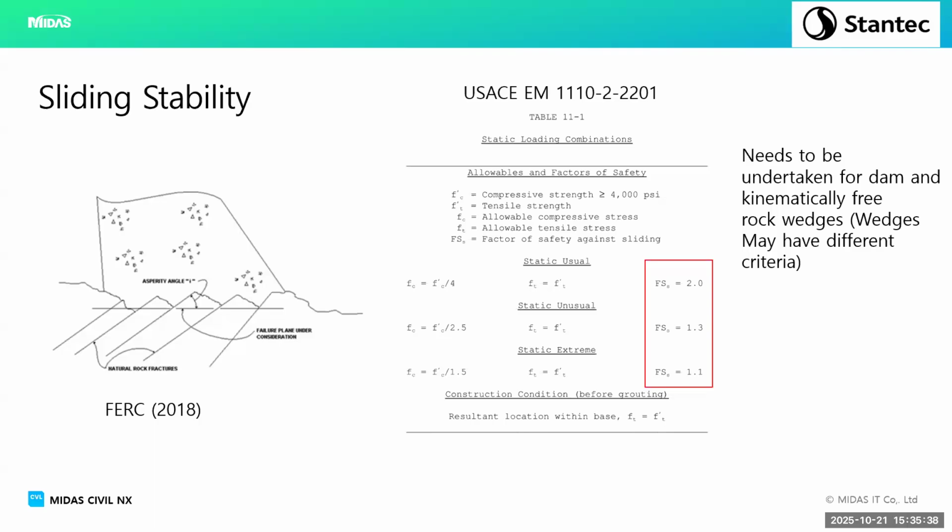For the arch dam, this is out of USACE. For your usual static it's 2, for unusual it's 1.3. So essentially you choose a friction phi and then go and check the case. Fairly simple. Now, you've made an assumption on that, but there are so many different variables, such as your jointing, your